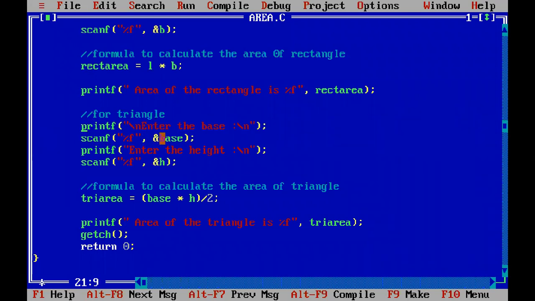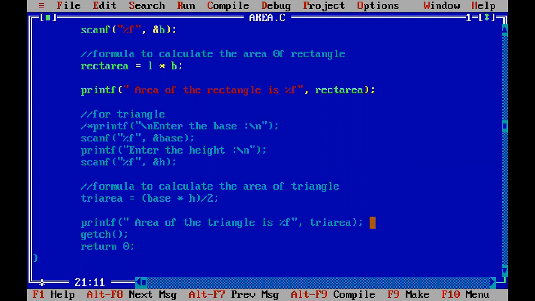So what you can do is, because your triangular area starts from here and ends here, you have to just look at the beginning and the end point of that segment. So give a backslash, give a star. As you can see, just after giving the star, all the rest of the part became blue. And because you would want the getch and return 0 to execute, otherwise it will display an error, you have to just come towards the end of the triangle, here, and use this symbol in the reverse way. That means now we will first write star and then we will write backslash.